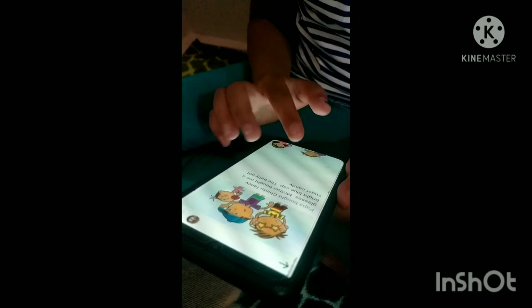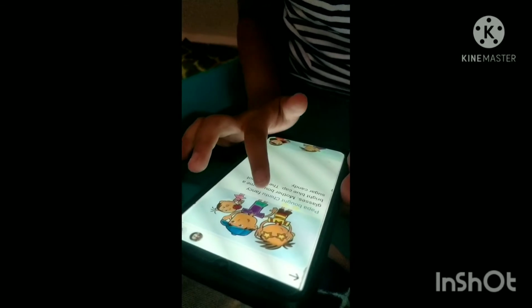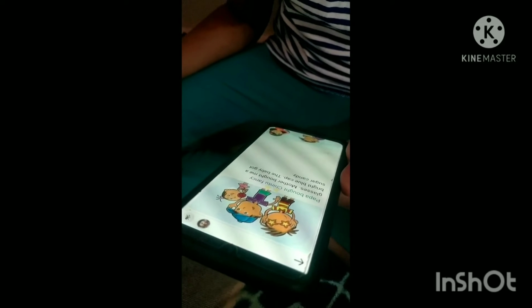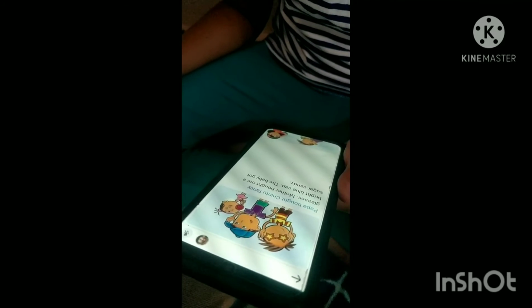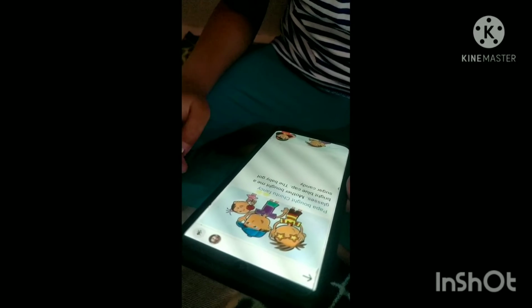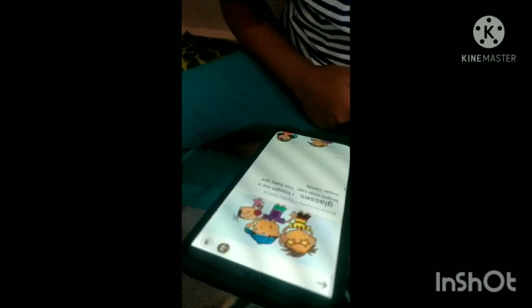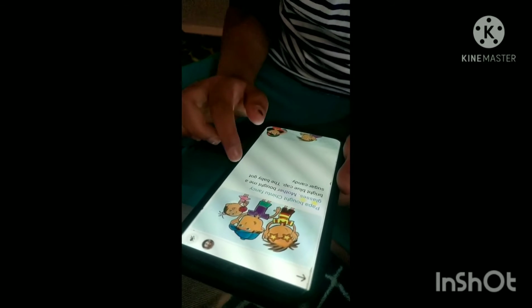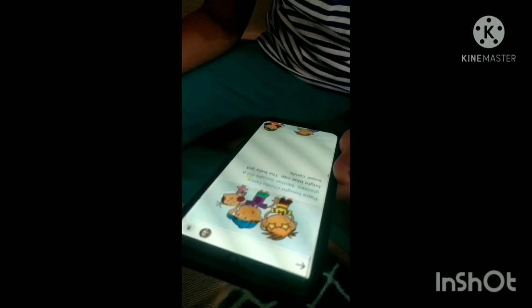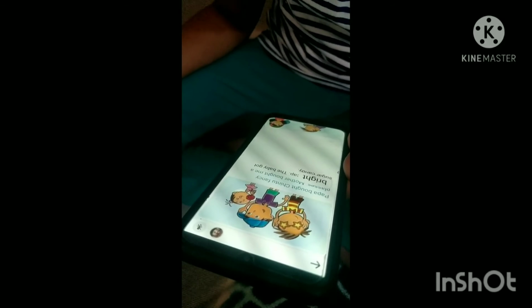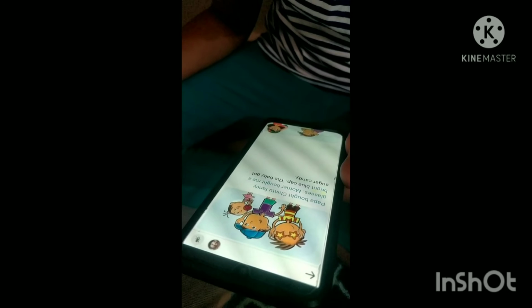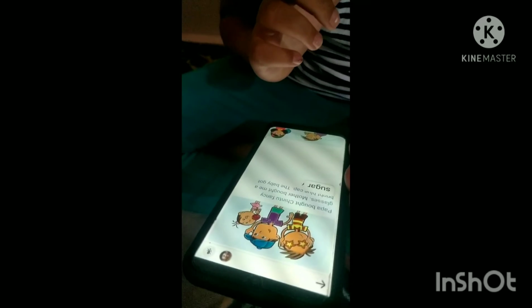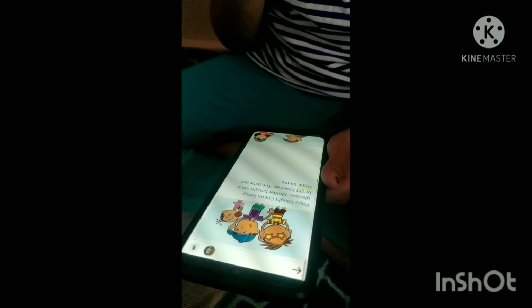Papa bought fans. Chintu, glasses. Mother bought me a bright blue cap. The baby got sugar candy. Okay, let's pause here.